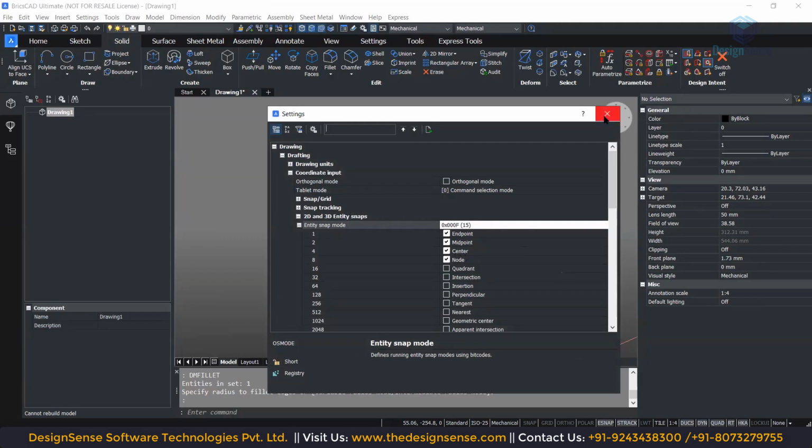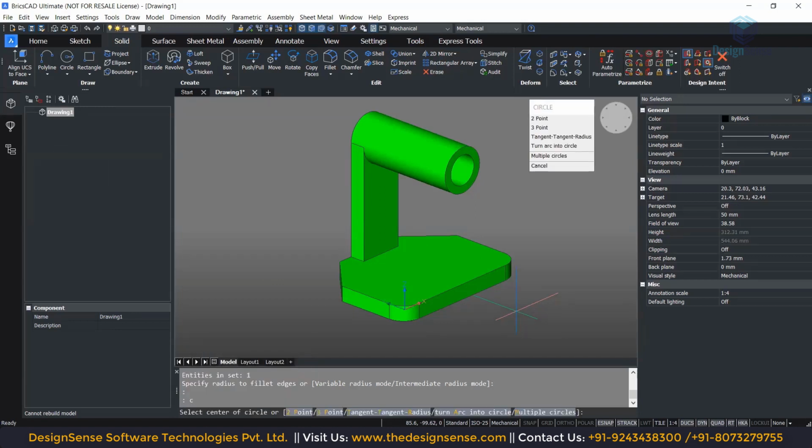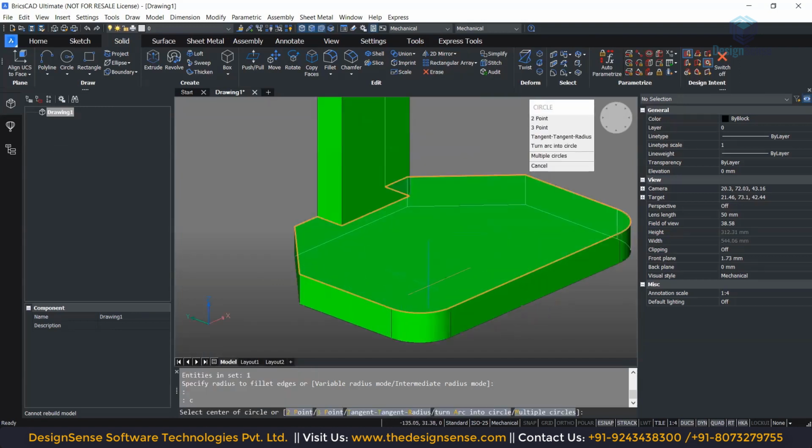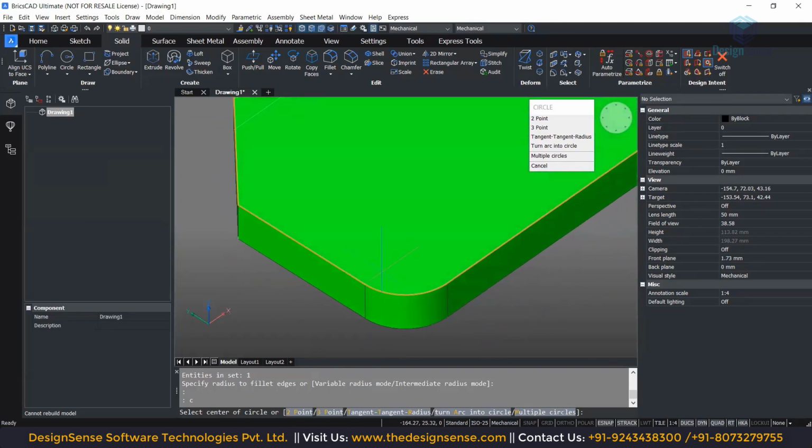Okay, so make sure that this is check marked. And now I'll just enter C, enter, for me to be able to create a circle. And I want the circle that I'm creating to be concentric with the fillet that I've created, the fillet